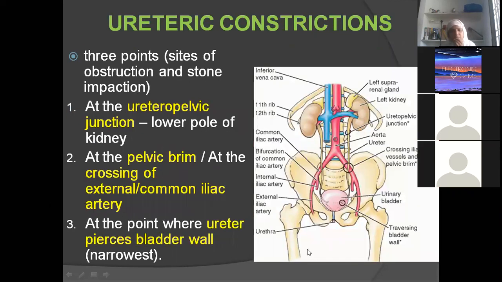This I told you previously, immediately, no, like constrictions. Meghana, you were there when I told the constrictions? Meghana is with us, right? Okay, one is at the pelviureteric junction, I said. And second, I told you where it is crossing the common iliacs or external iliac. Third, I told you when it is piercing the bladder wall. Okay.